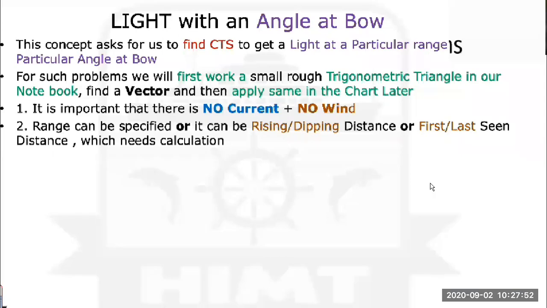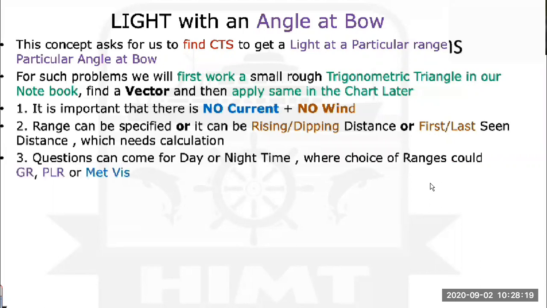He can give you a particular distance, or he can tell you, please find the course to steer to raise that lighthouse 30 degrees on the starboard bow. That will be the kind of question. The moment I say rise, I know what you mean by rising because we have already seen the definition. So he will not explain anything else. You have to find that distance. Then let us see how to go about it a little bit later.